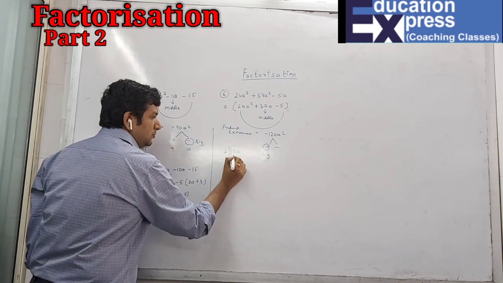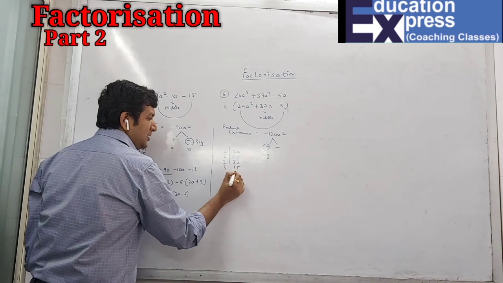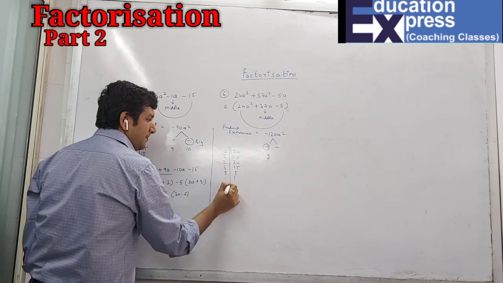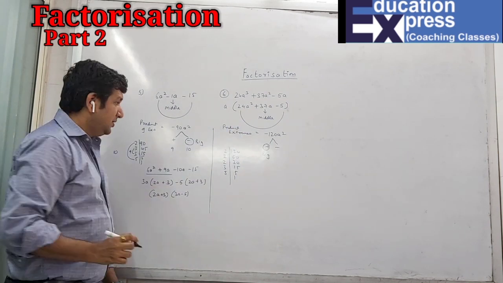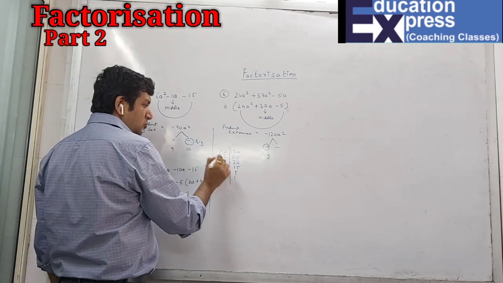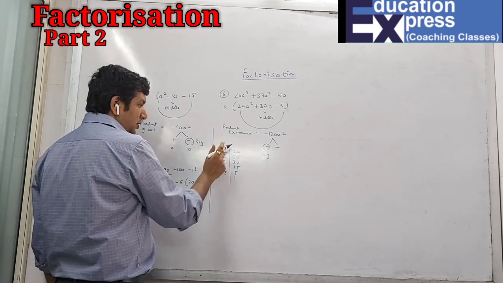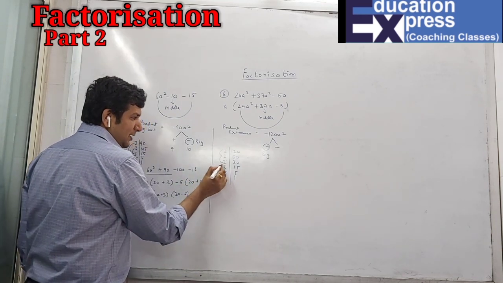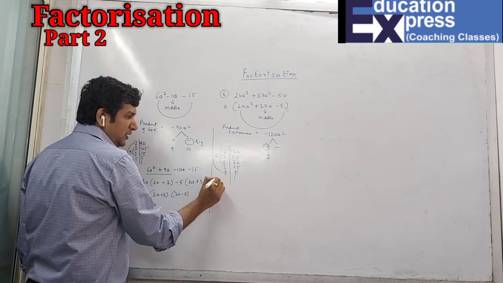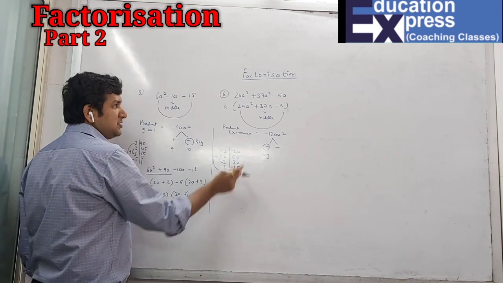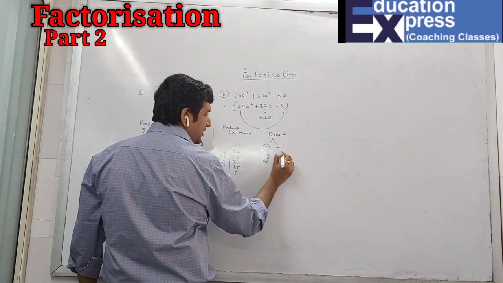So 2, 2 and 3 5s. I have to subtract the numbers and get 37. So 2 2s are 4, 4 2s are 8, 8 and 15. 15 minus 8 is 7, not possible. Okay, 2 2s are 4, 4 2s are 8 and 8 5s are 40 and what is left is 3. 40 minus 3 is 37. So as I have told you, the bigger number will get the positive sign and this will get the negative sign.